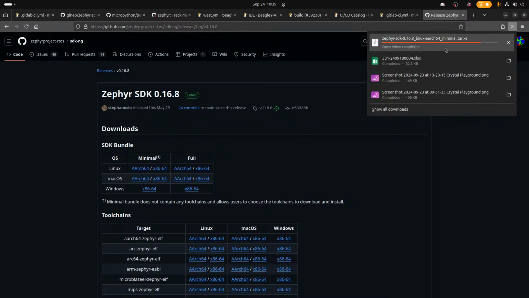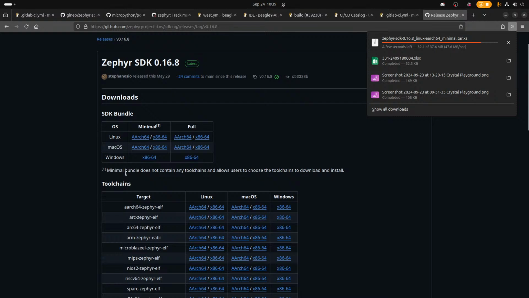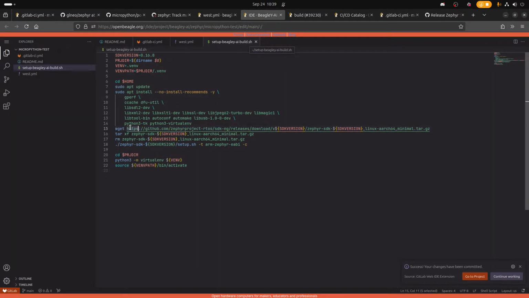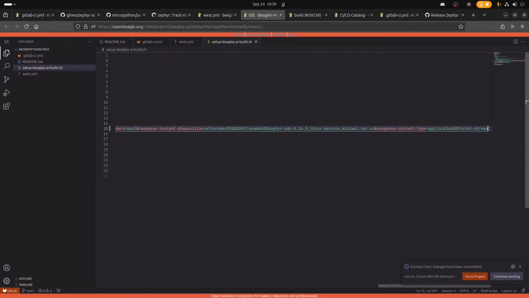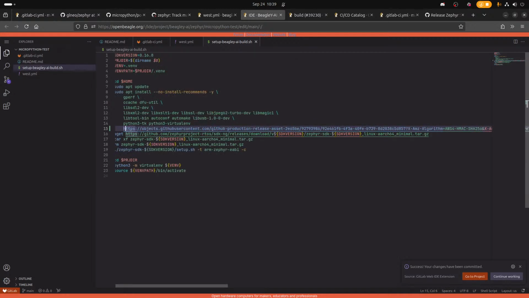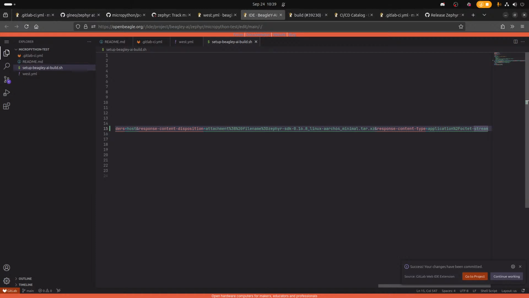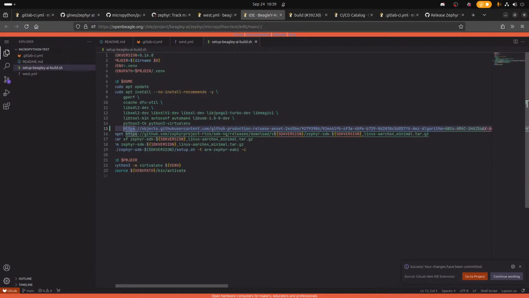It's probably made some protections for downloads now. I'm not sure. So yeah, Linux minimal, right? It's burying all these asset protection things.